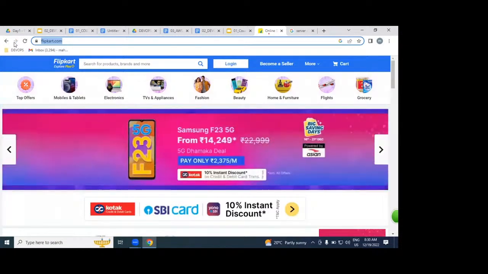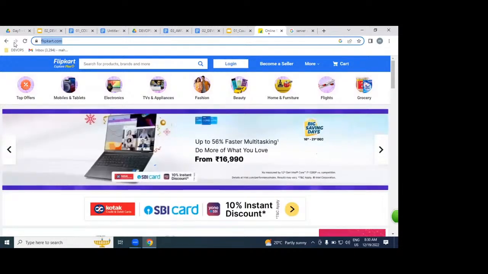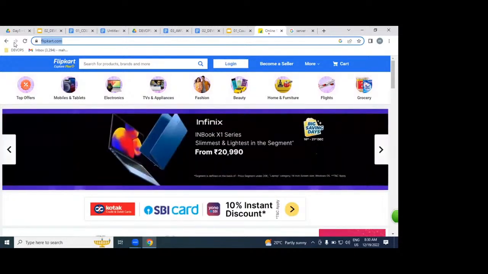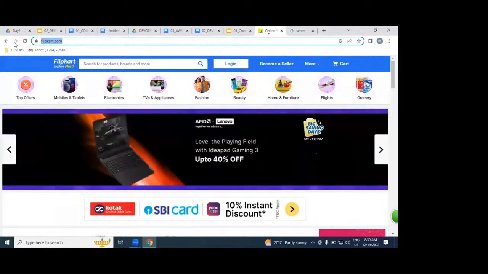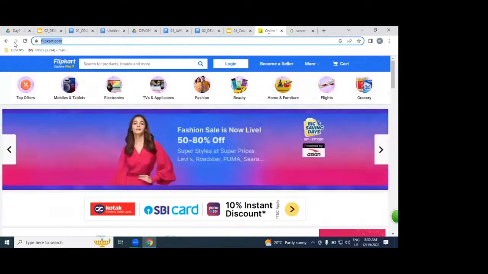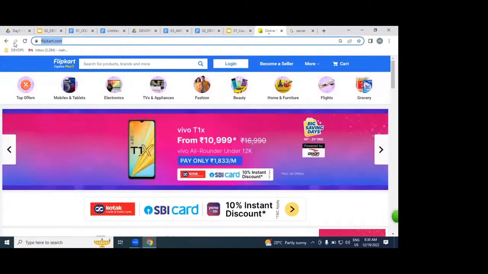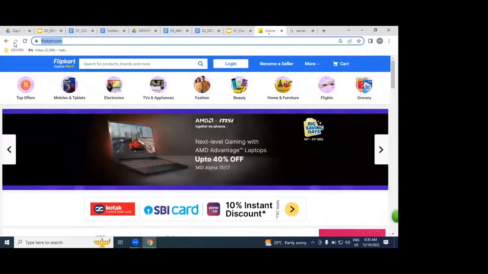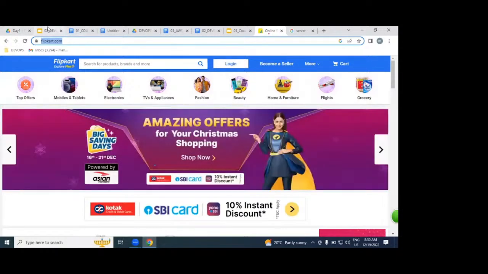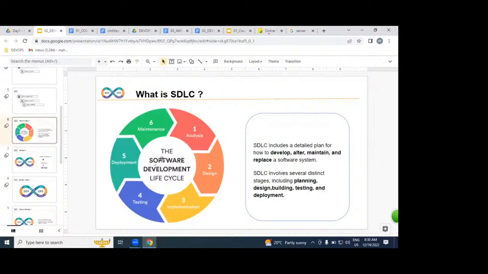If you want to construct a house, we need to follow so many stages, and it will take 6 months, sometimes 1 year. Then only can we complete our apartment or home. The same way with our website. If you want to build this Flipkart kind of application, we need to follow all these stages. What is the first stage, guys?